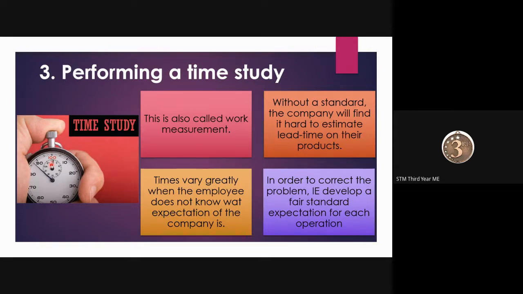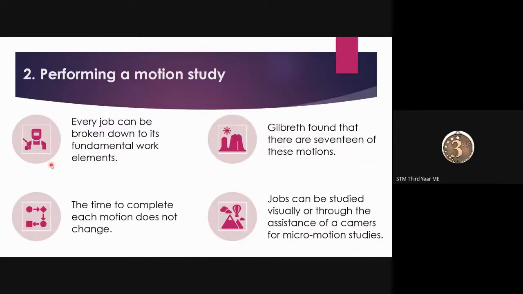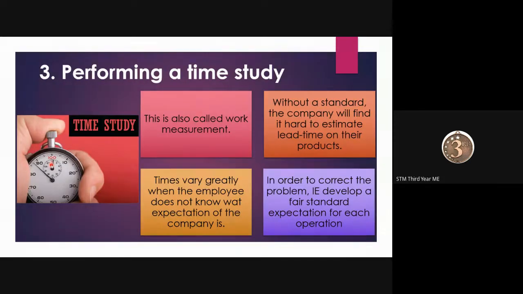Engineering is always technical, right? Up to the correct value it must be there. That is why it is called engineering. In the same way, in industrial engineering, if we are suggesting a time or a deadline is given, we have to keep that time to perform the correct activities, and only that time must be taken. That is what comes under performing a time study. This is another function of industrial engineering. First is method study, second motion study, then comes time study. Next,